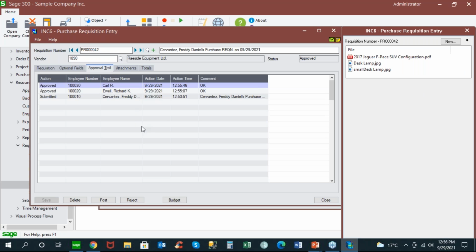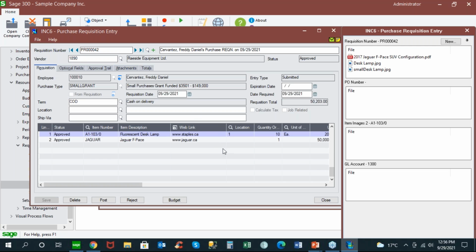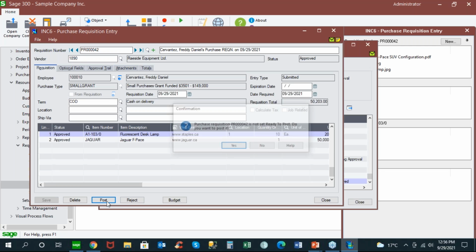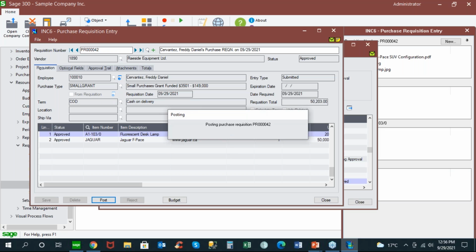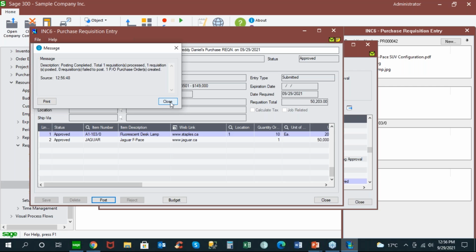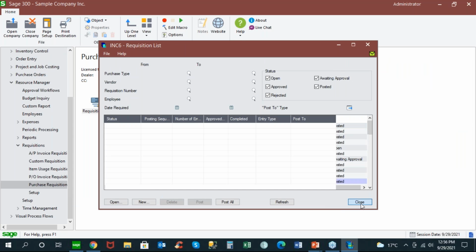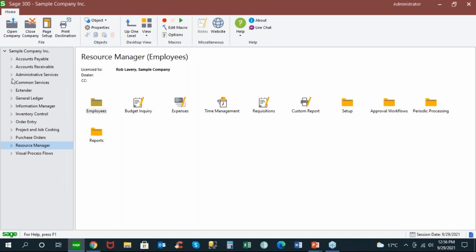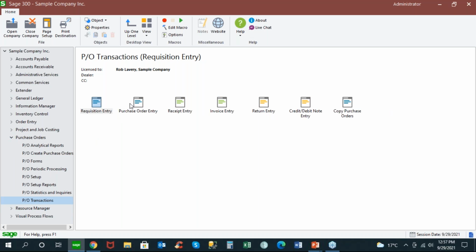Why would you want to use Document Management Link when you have the attachments with Resource Manager? Because when I move this transaction and post it over to Sage 300 PO, it's going to create a PO number for me that I can then attach and see all the details within the PO module. So I've created a purchase order within Sage 300 that will relate back to PR 42. So I also want to highlight the audit trail that is being supported here. So when I look at my PO entry,